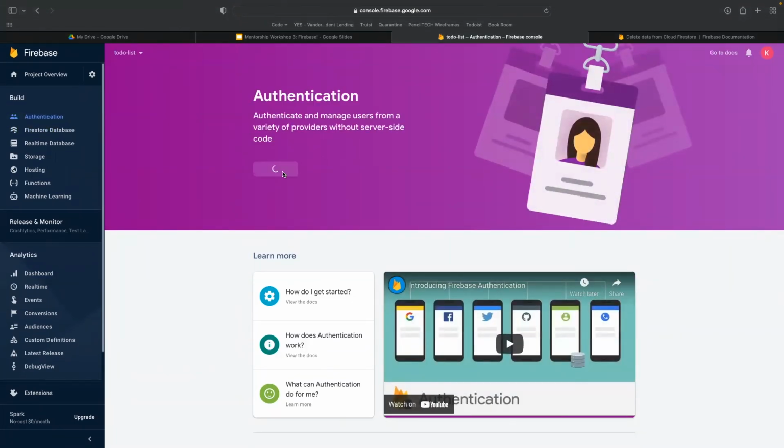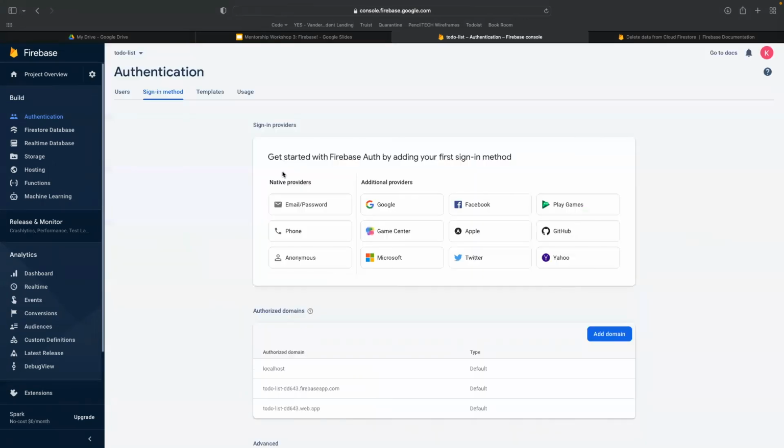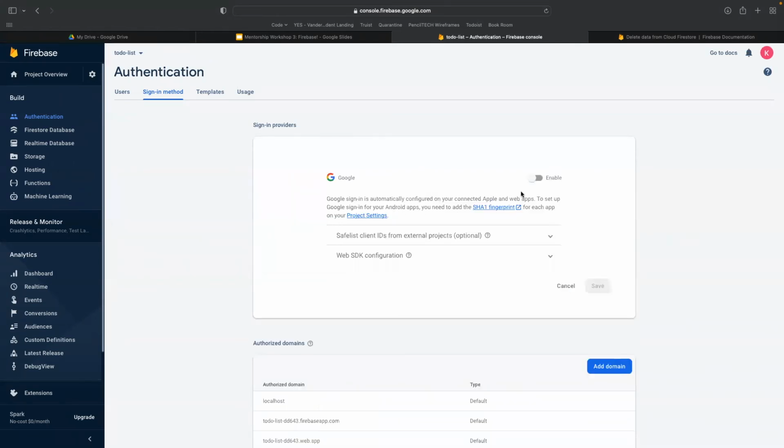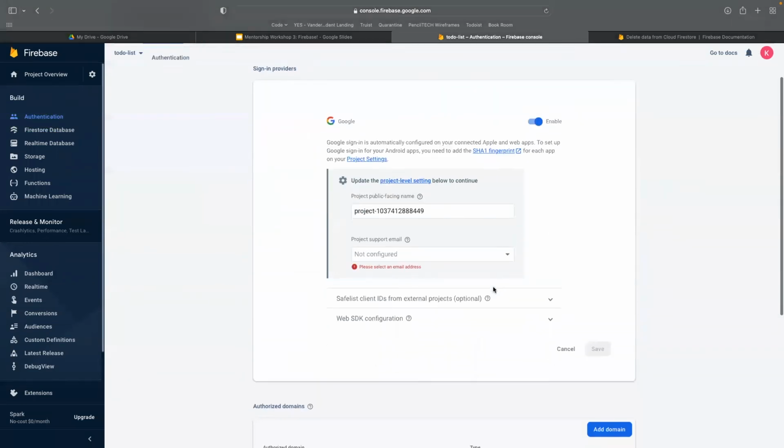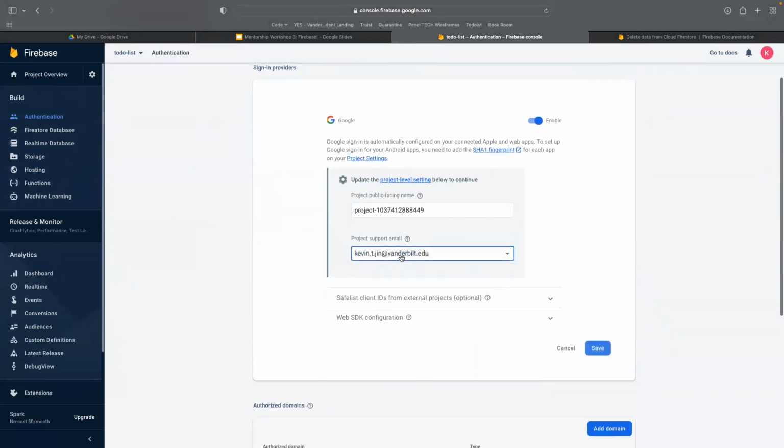We are getting started with authentication. We're going to do Google for now, because I know for sure everyone here has a Google email, because a Vanderbilt email itself is a Google email, right? So click on Google, click on enable, go to project email, and just select your email. I'm going to select Kevin's